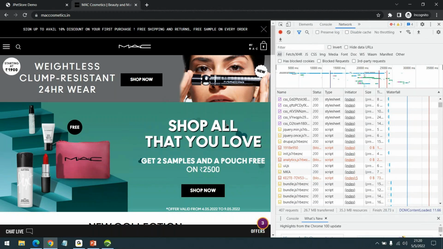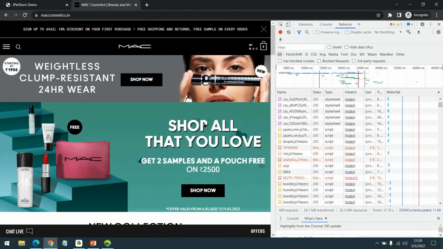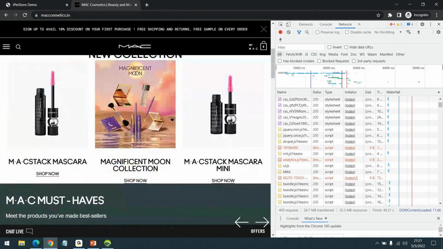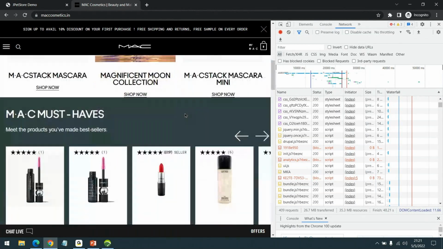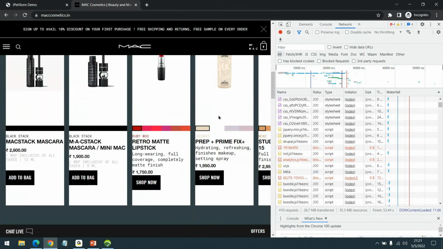Generally, cosmetics related websites are more colorful. They have to use all these complex colors, and they also implement a lot of lazy loading and other things.